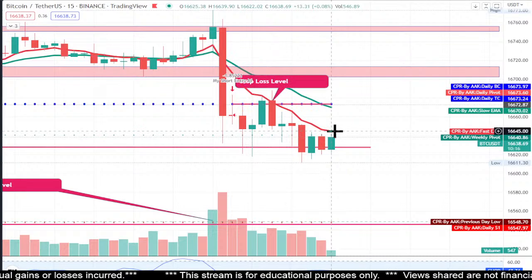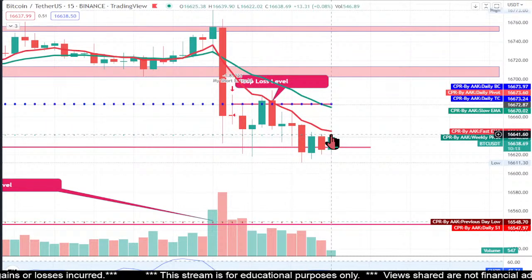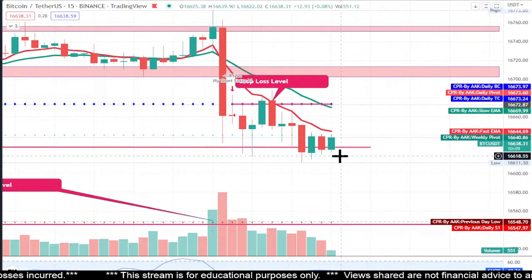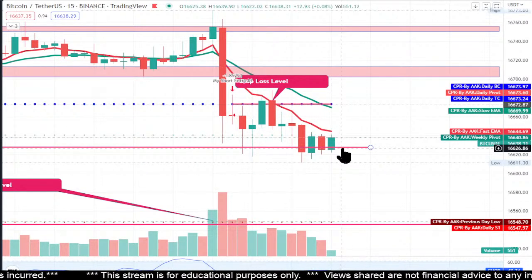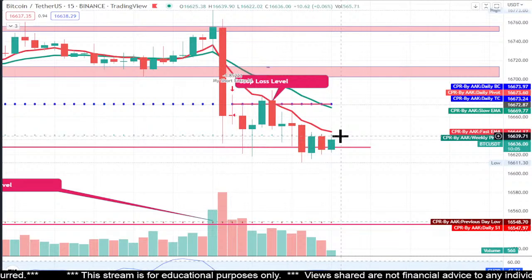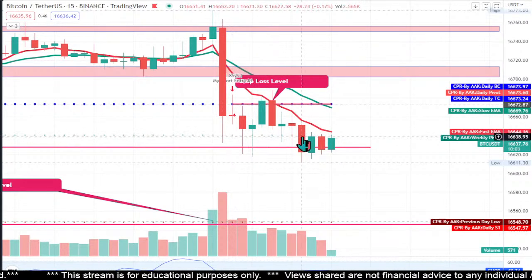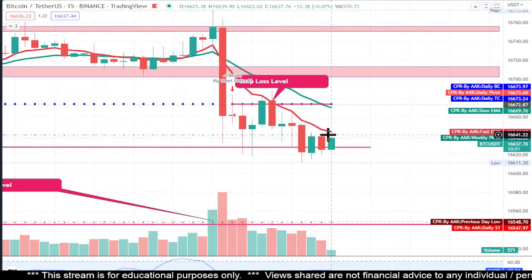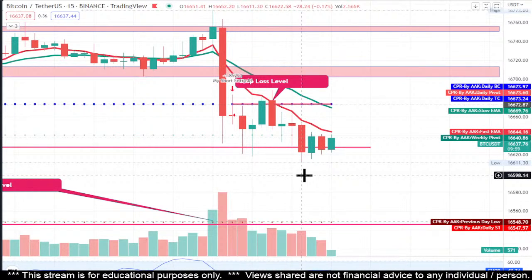At the same time, there is also the 15 minutes 8 EMA resistance right above the price. And this is the other barrier. So it has a 15 minutes 8 EMA resistance. It also has a weekly pivot right above it. So it has two strong resistances right on its head, which will not easily let the price go up or